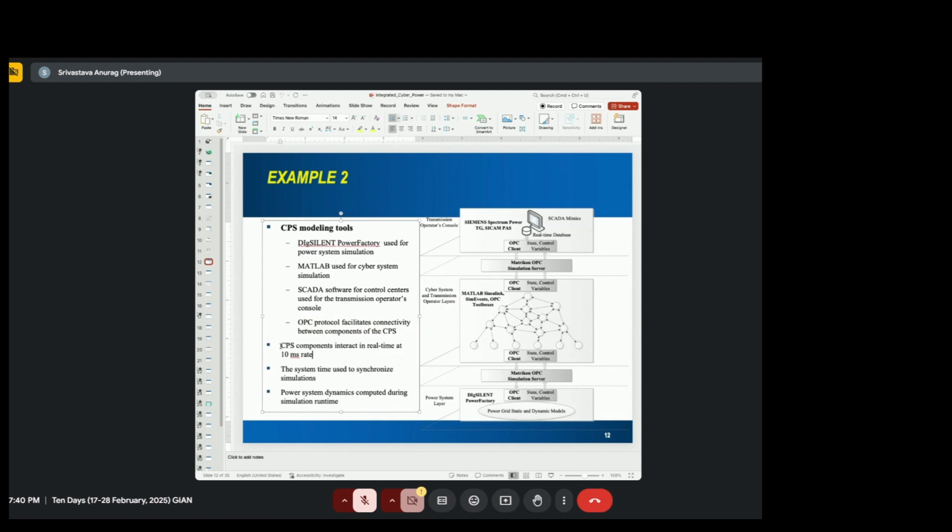They interact at the 10 millisecond rate that was decided, and the system is used to synchronize simulation, right? So here you have DIgSILENT PowerFactory modeling the power system layer. This is the power system layer, and then you have the OPC cloud so that it can give you the voltage and current that you want into the server, and from the server, MATLAB was used to model the communication network,